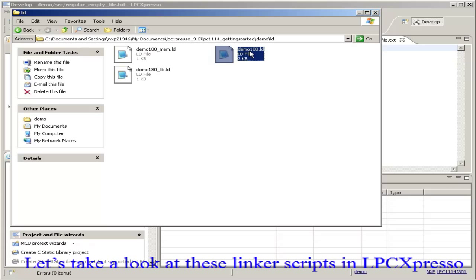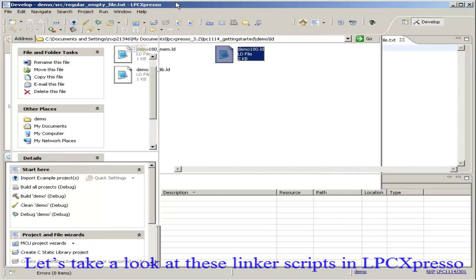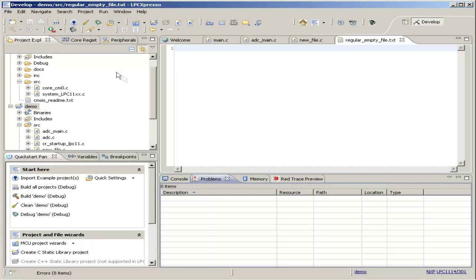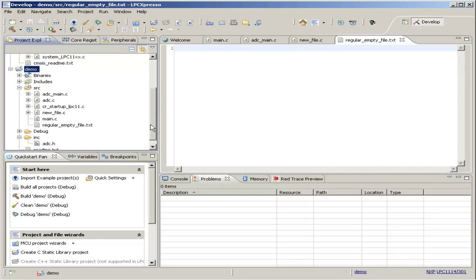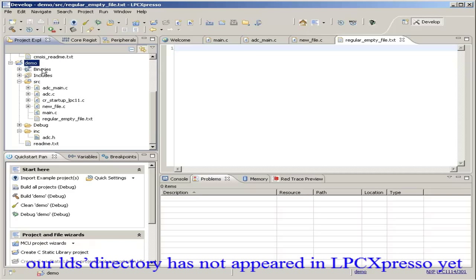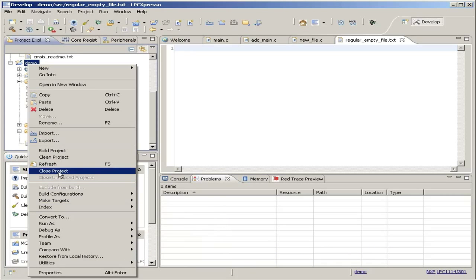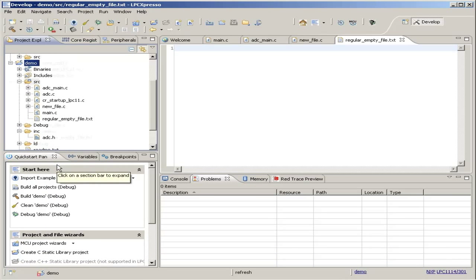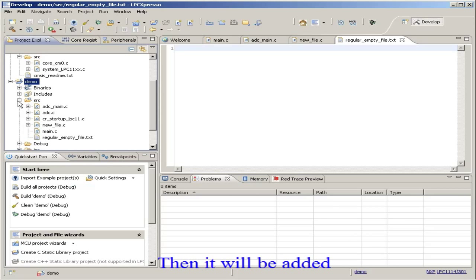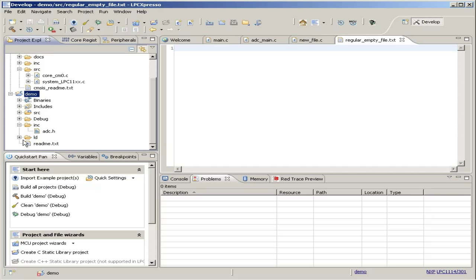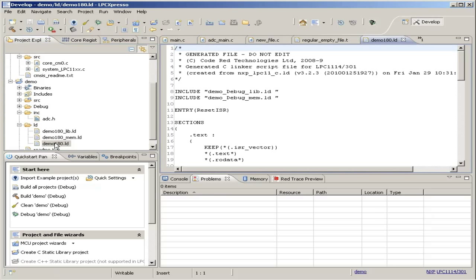Let's take a look at these linker scripts in LPC Expresso. Our LD directory has not appeared in LPC Expresso yet, but if we go to the project, right-click, and choose Refresh, then it will be added. Opening up demo180.ld,